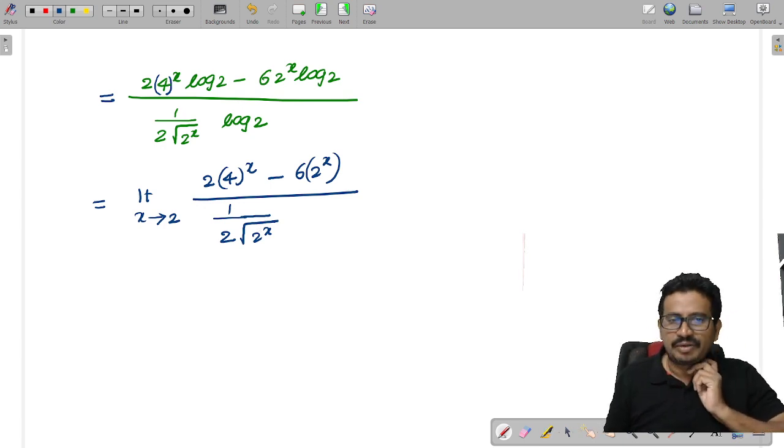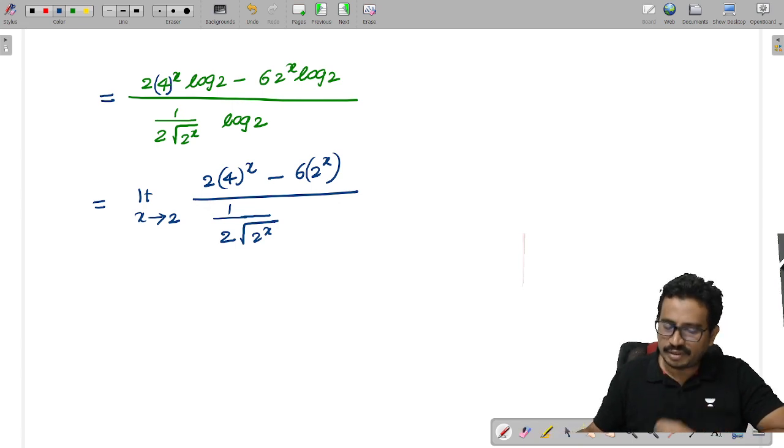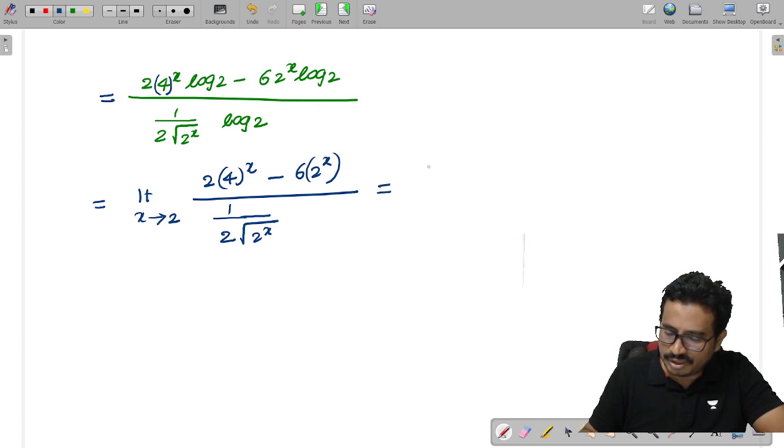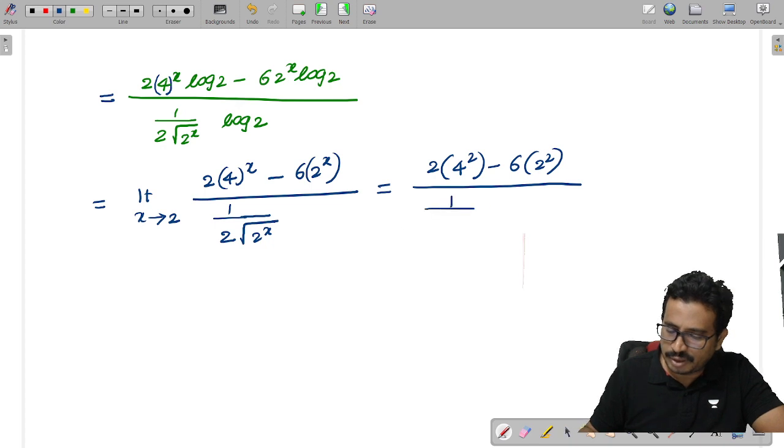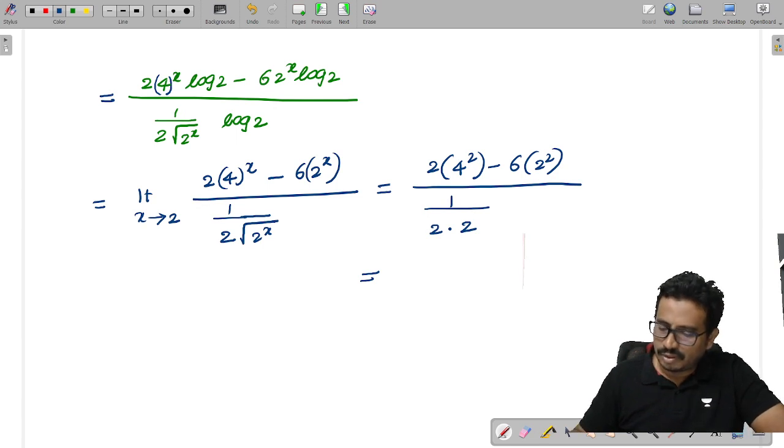Now substitute the value of 2 here. If I replace x equal to 2, how much will you get? This is 2 into 4 square minus 6 into 2 square, by 1 by 2 into 1 by 2, isn't it? Simplify this equation, and what will we get? Here, 2 into 16 minus